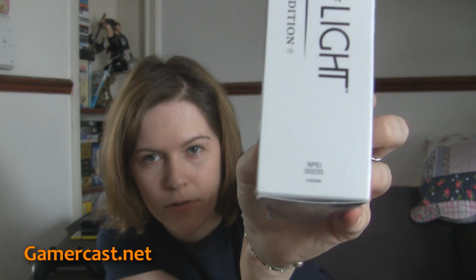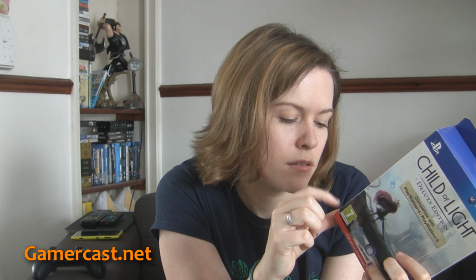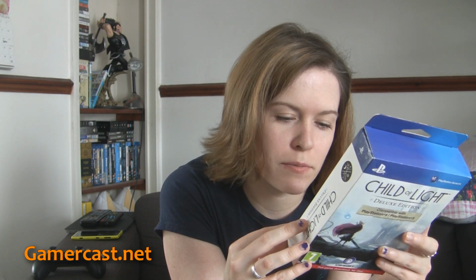That code is weird. MPEJ. You know what I mean when talking codes. It's a bit different. Unless it means something else, if anyone knows. Because this is only the 35th of whatever MPEJ stands for. Because it was always nice looking at the PS1 games, and when you get the older games, you'd see the SLES codes, which are really, really far back in number, or early in number, I suppose that's the best term. Anyway,